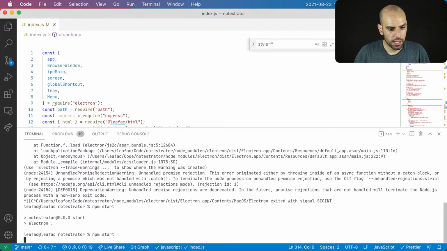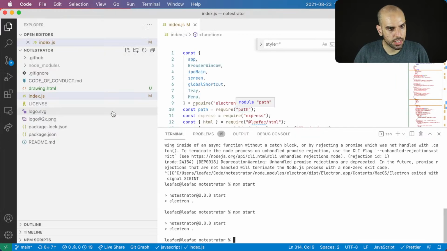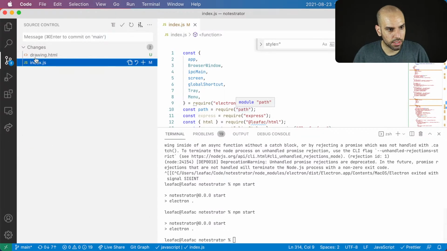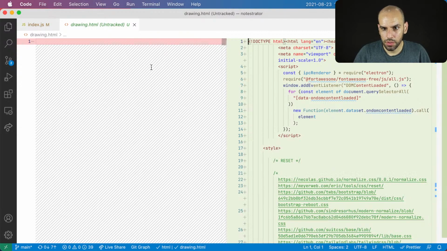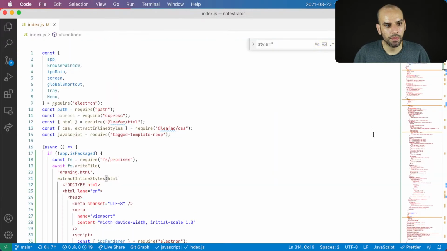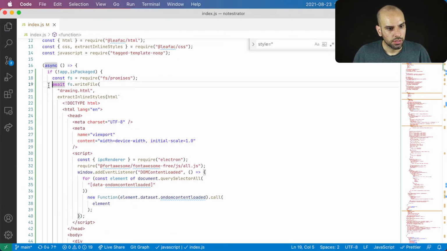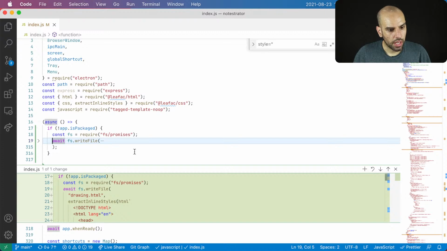And now when we save and run the app, it is like a static website generator that runs anytime you start the app in development. Isn't that awesome? Now this is supposed to have our design system in there, and here is our design system and everything. Awesome. All right. So here is our drawing, and